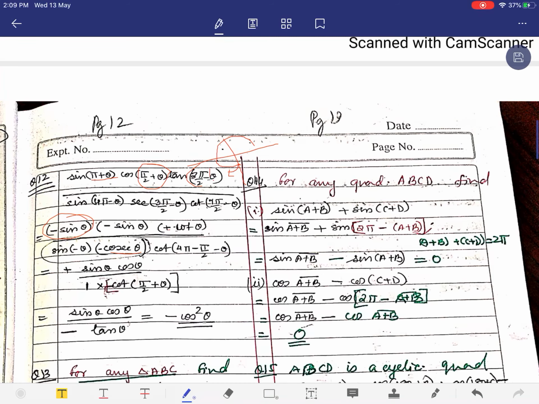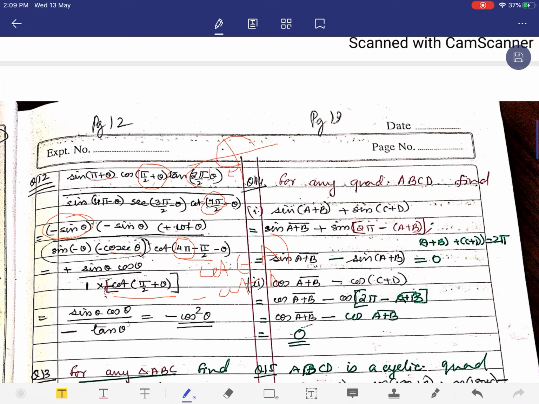Now, cot of 7 pi on 2, 7 pi on 2 is greater than 2 pi. So, we reduce it to less than 2 pi first. This is the combination that we see in it, 4 pi minus pi on 2. So, that makes it 0, and this is finally read as cot of minus of a, which is nothing but minus of cot a. So, that is what I have written, minus of cot a.